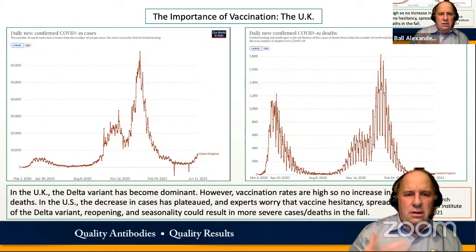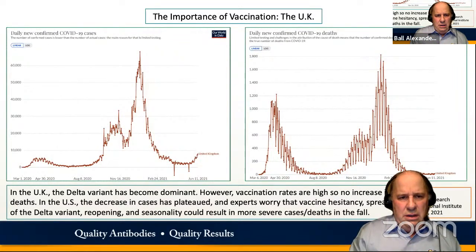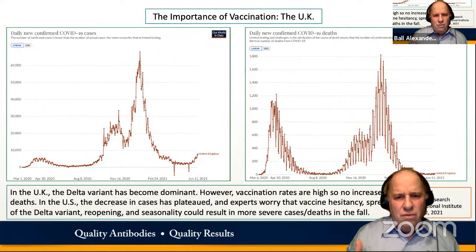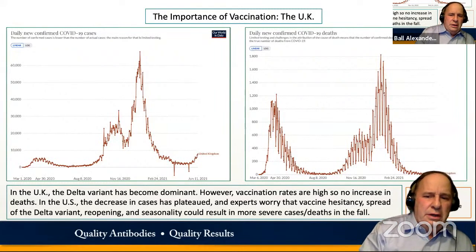In the US, the problem is the decrease in cases that we had seen with the rollout of vaccination has somewhat plateaued. And some of that is due to vaccine hesitancy, some of it is inequality in terms of distribution of the vaccines to certain parts of the country. There are socio-political reasons where there's sort of more vaccine hesitancy, where certain states in the United States have not been adequately vaccinated. And then the concern is that along with that vaccine hesitancy, the spread of the Delta variant,